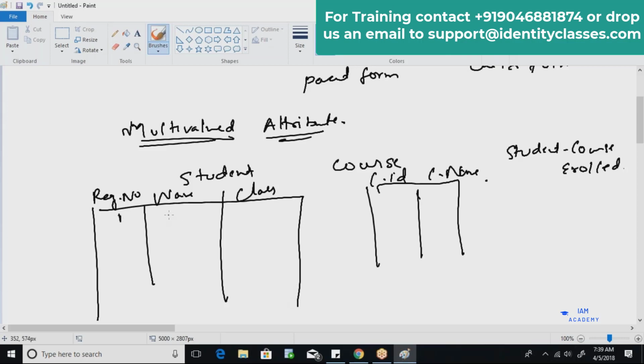Let's say registration number 1, name is ABC, class is 12. Now if I want, in the same database row, a student who may have enrolled in multiple courses, can we keep those values inside one table? Can we store a multi-valued attribute in a database table? Yes, we can, but how?